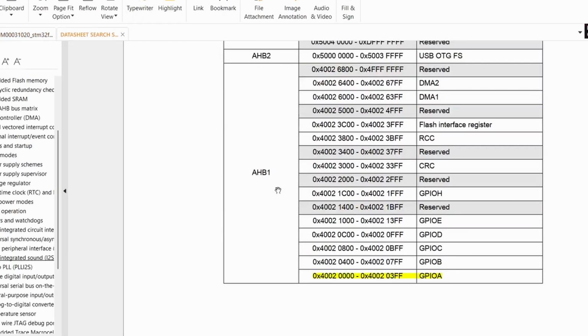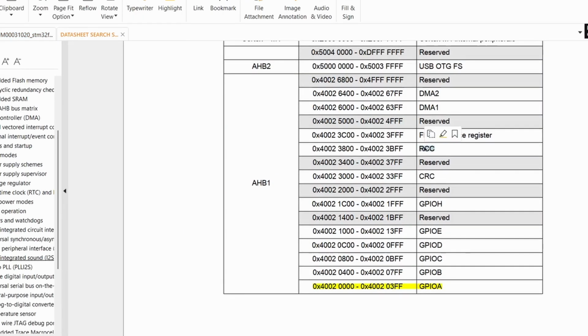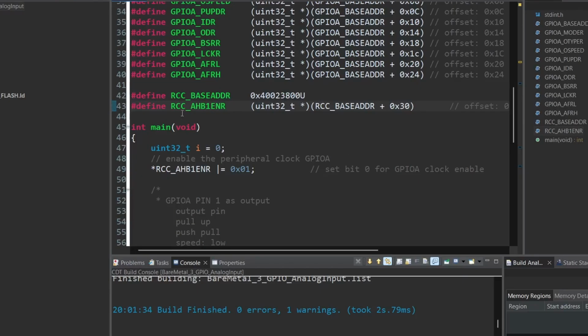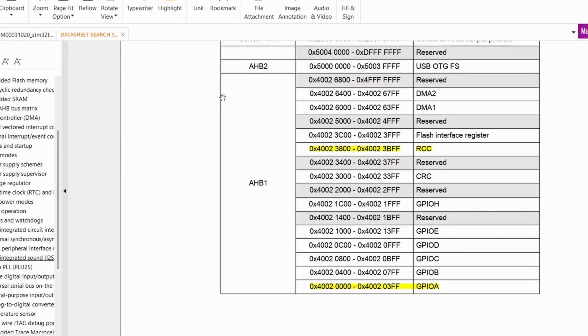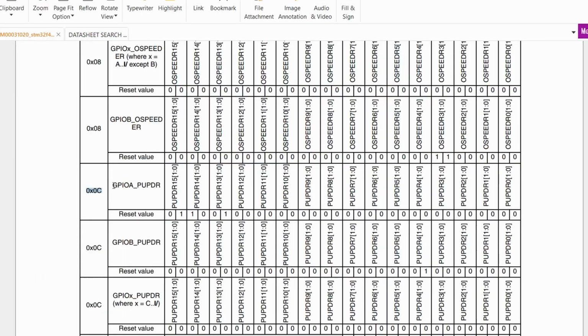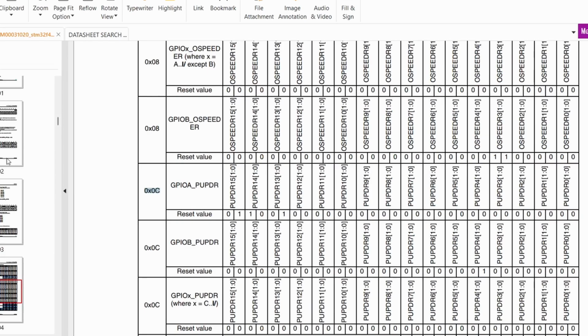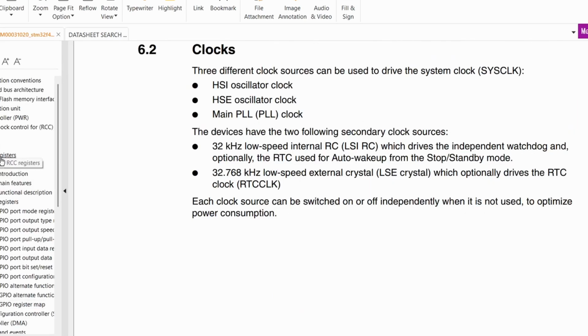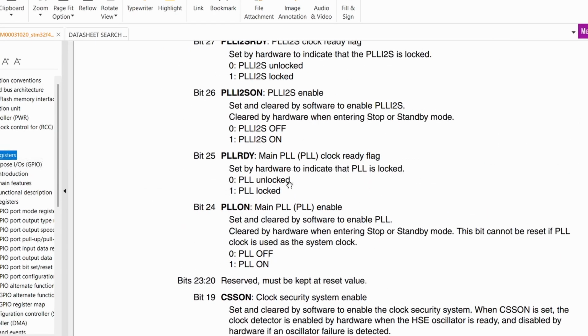So if you go into the datasheet, RCC, it is connected to the AHB1 bus and its base address is 40023800. So here you can see that 40023800. Now for the AHB1 ENR we have an offset of 30. So if you go over here and in the clock registers, RCC clock registers,